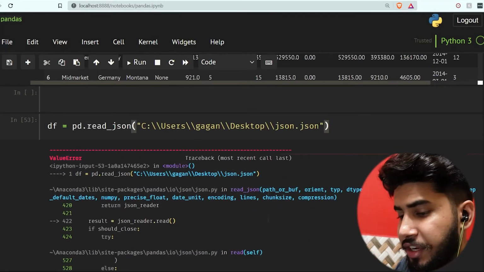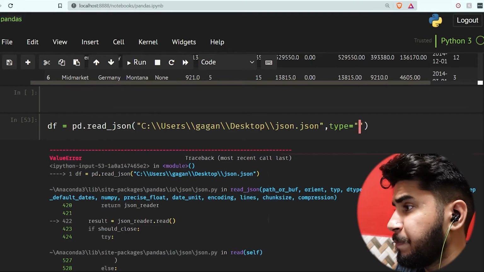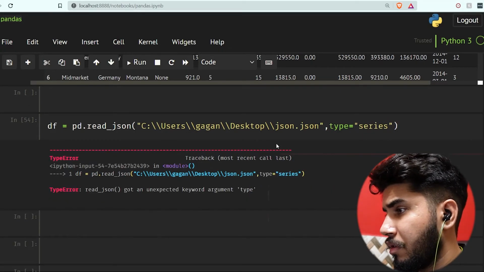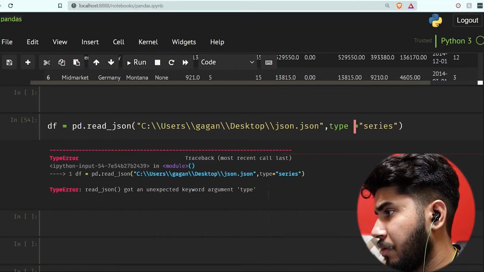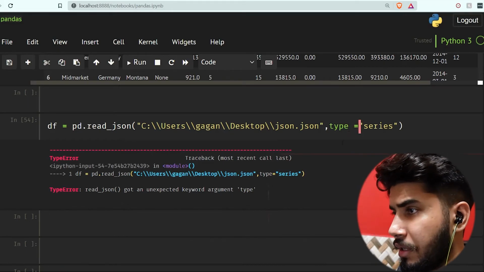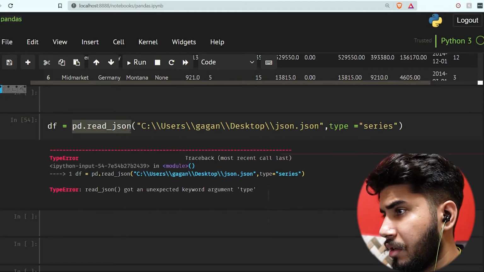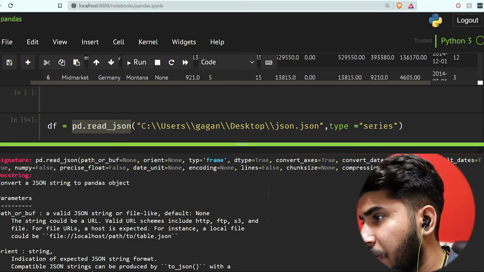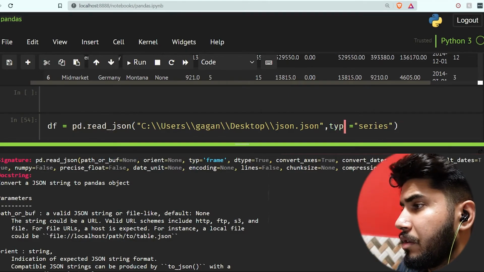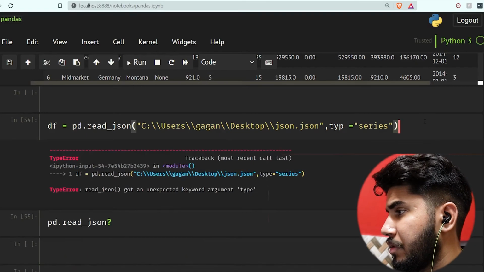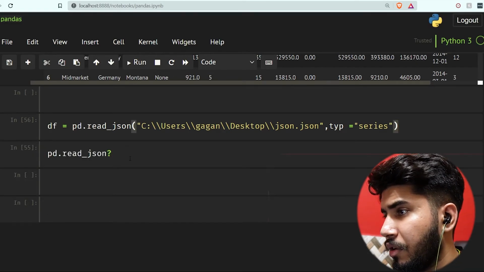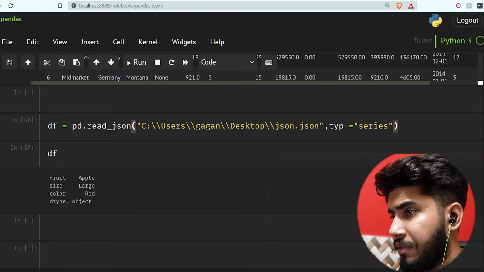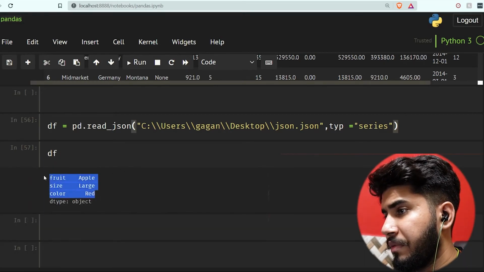I think here we need to give typ equal to, and need to give series. Let's see what this takes. So the path we have given, typ. Okay, typ should be frame or series,